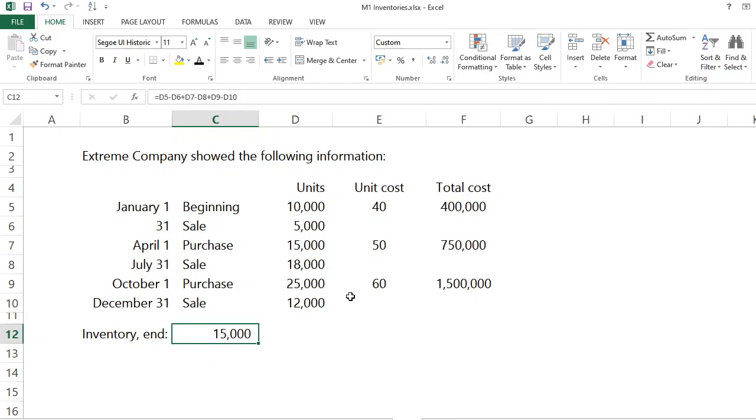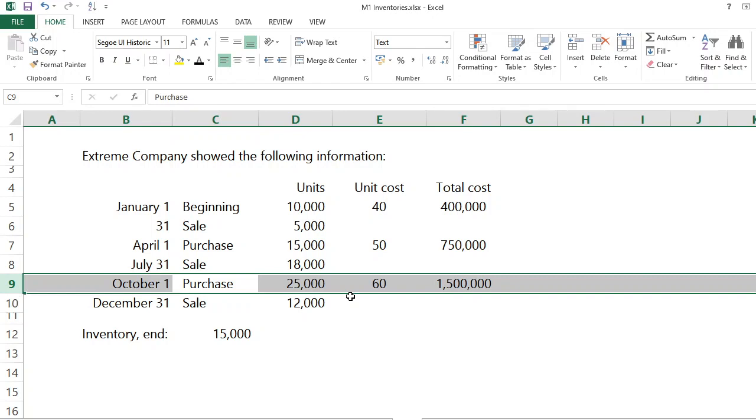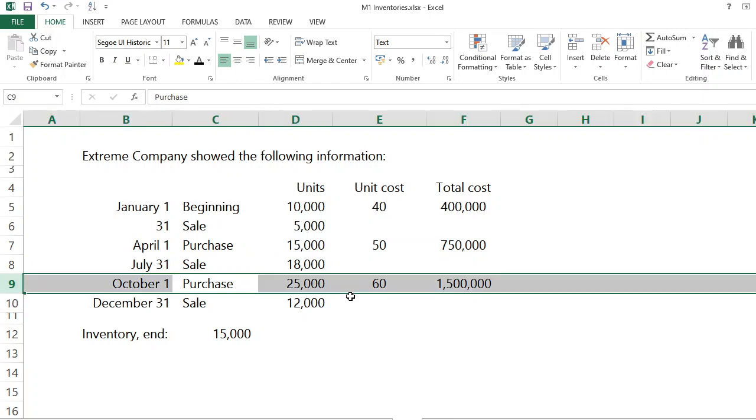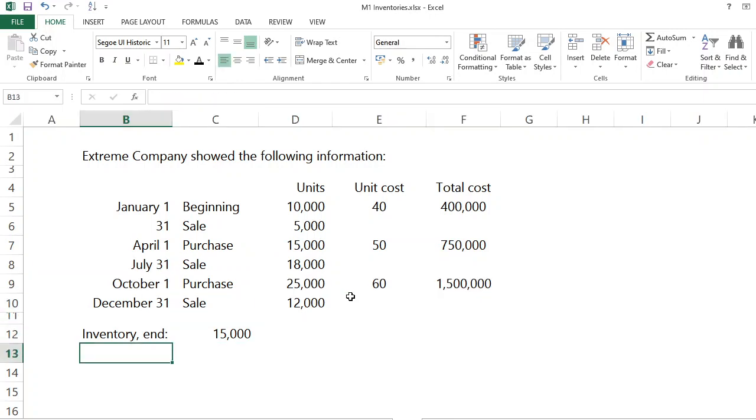So, asa na to i-base ang 15,000 sa latest na purchase. And that is on the October 1 purchase. Kaya lang ba i-absorb ang 15,000? Yes. 25,000 daw atong napalit o niya, 15,000 na bilin. So, hindi na natin kailangang pumunta pa kay April 1 purchase. Unlike the previous problems, nabantayan ninyo ang last two purchases ang ato ang ma-exhaust kasi kulang yung first. Pero this time, okay na rin naman, ma-absorb na rin naman. Therefore, your inventory end is based on your October 1 purchase, and that is